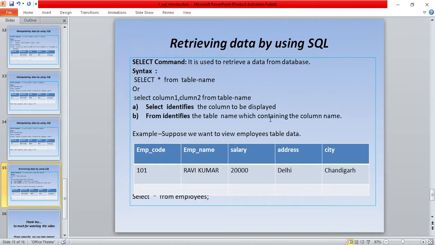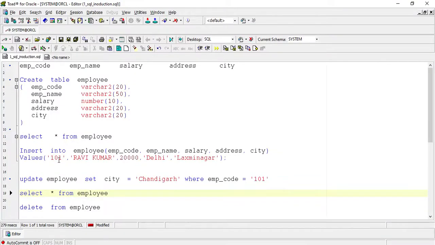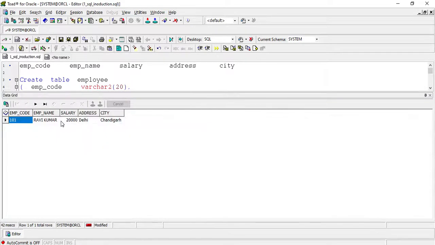Suppose we want to view the employee table data, then we can use select star from table name. I will show the practical of this. First, select star from employee. It will show all the records of the employee table.